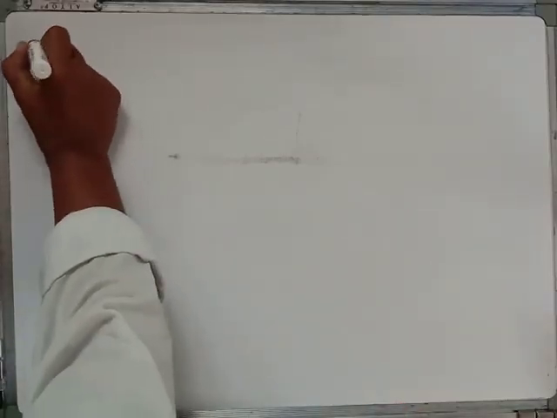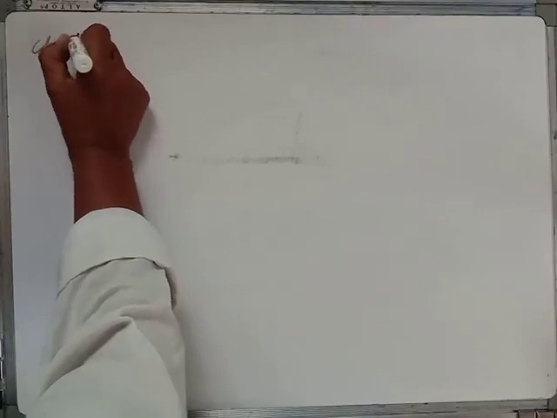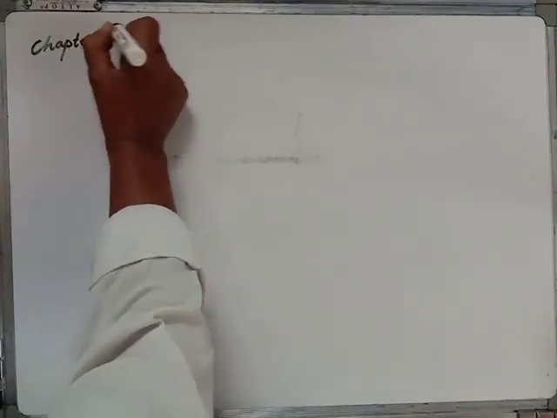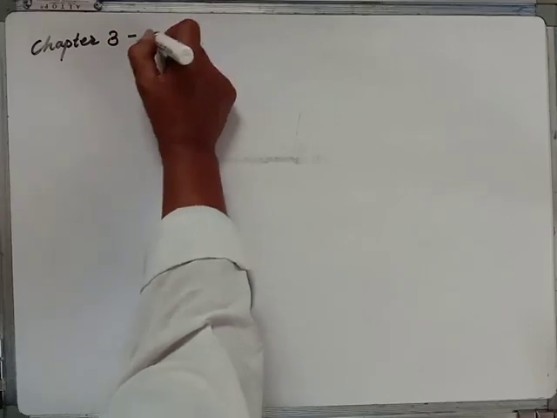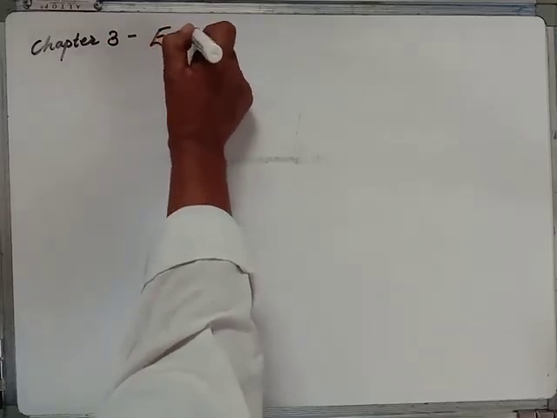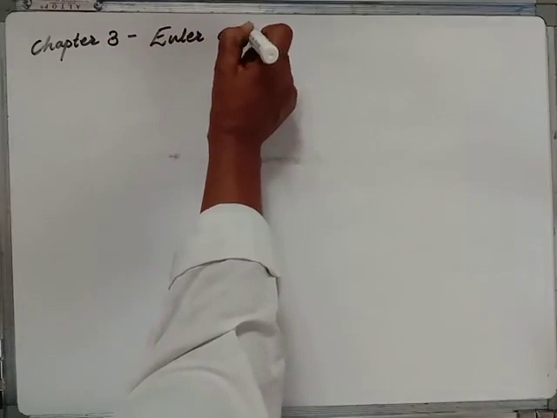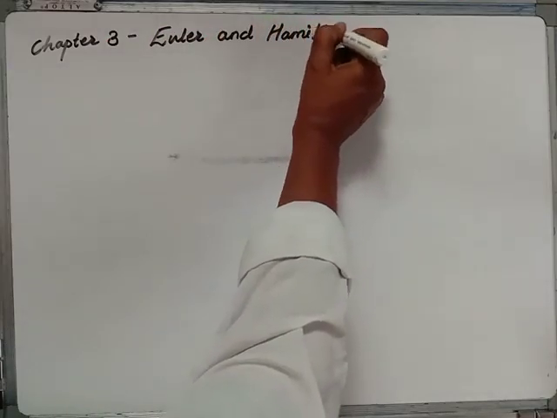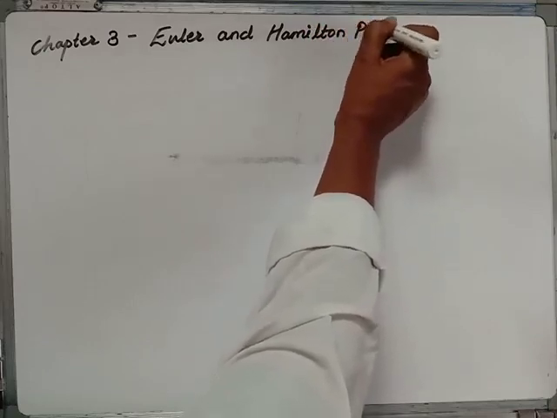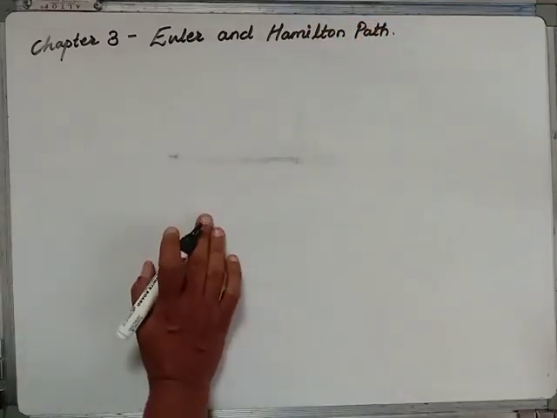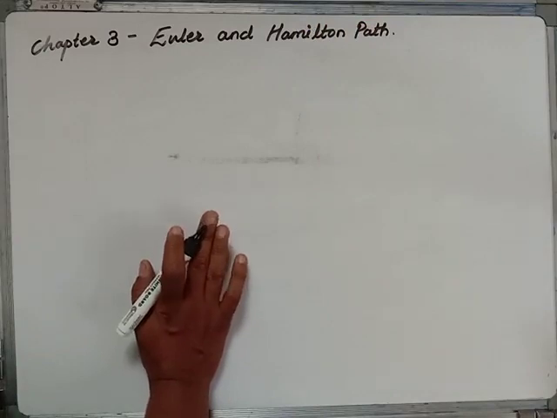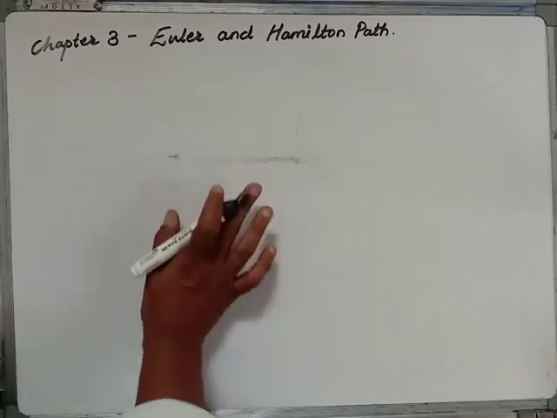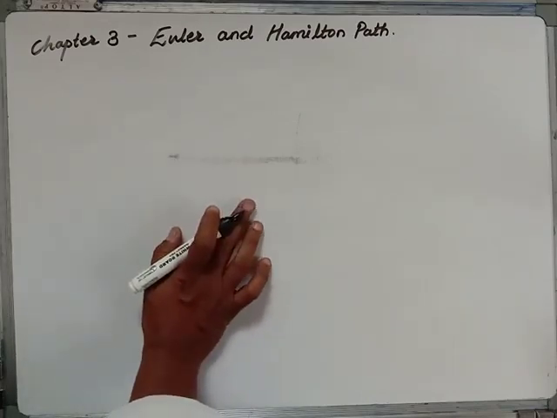Hello students, in this video let's start chapter 3 of graph theory, that is Euler and Hamilton path. Euler and Hamilton path. The Swiss mathematician Leonhard Euler made the first use of graph theory in 1736 to solve